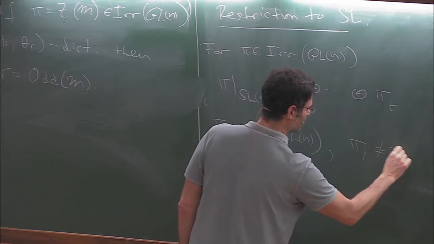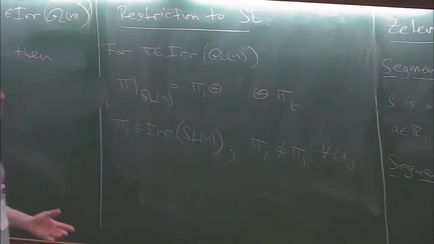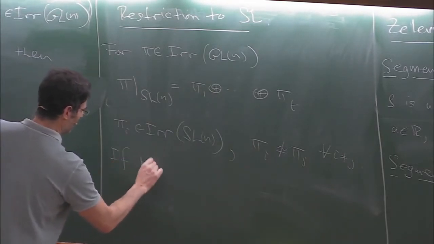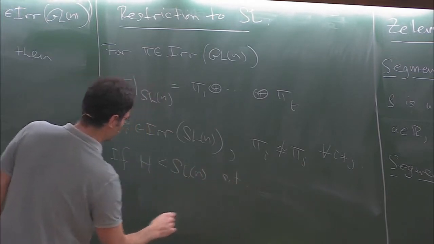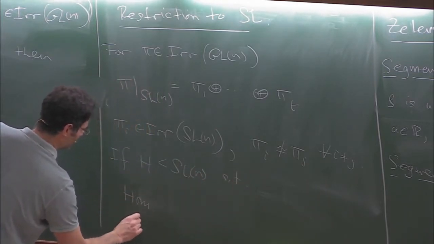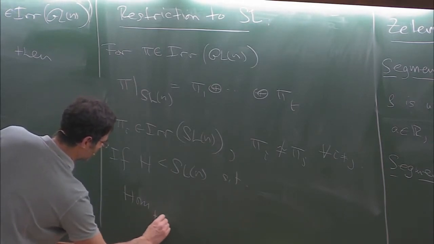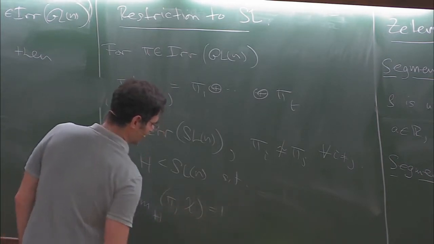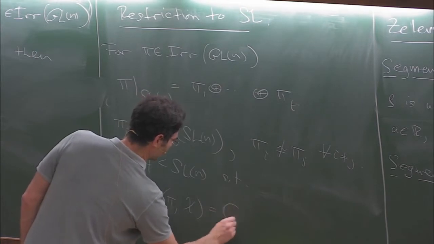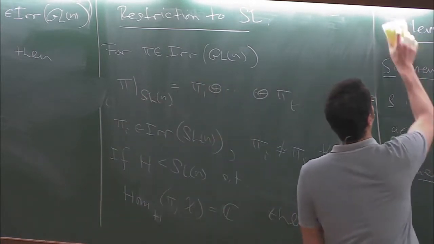So if you have any situation where H is a subgroup of SLN, such that you have multiplicity 1 for the periods, this means that